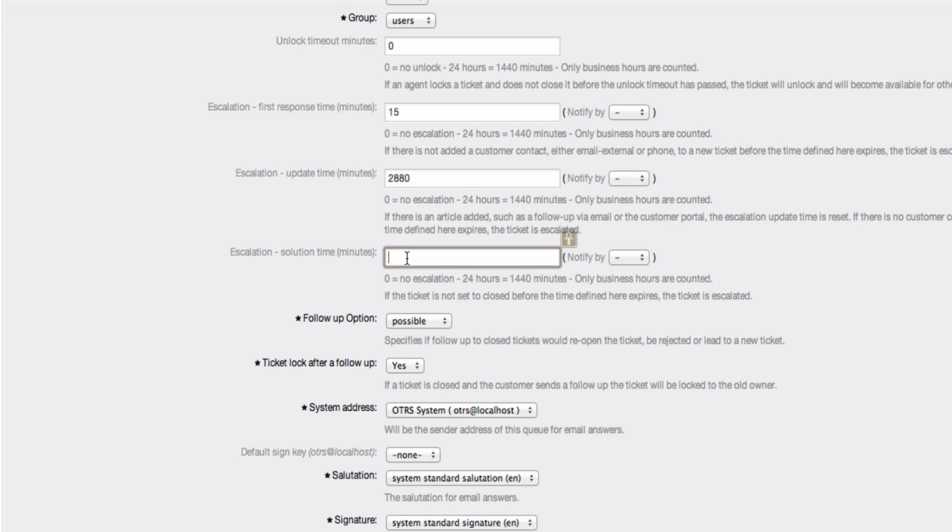When we get to the escalation for solution time, this is the amount of time in which I would like to have provided our customer with a solution. So for tickets in this queue, I would like to have provided our customer with a solution within, let's say, 3 days. So here we'll change this back to 1440. I want to update him every 24 hours, but I want to offer him a solution within 3 days, so that would be a time of